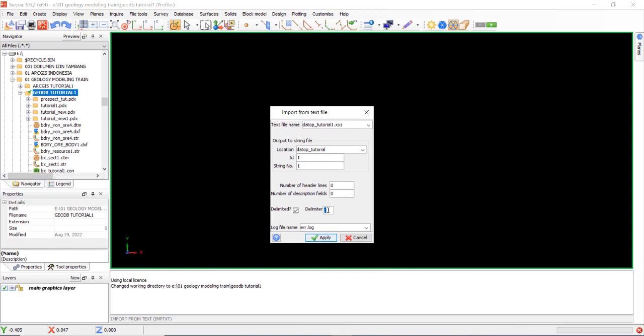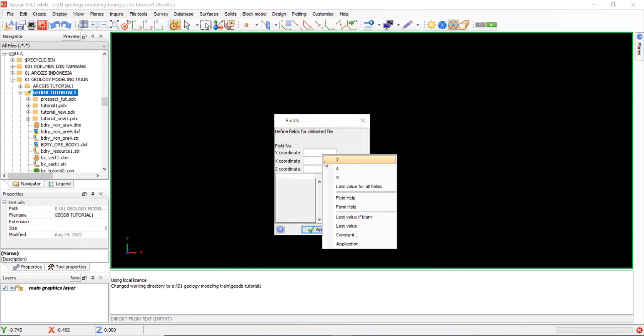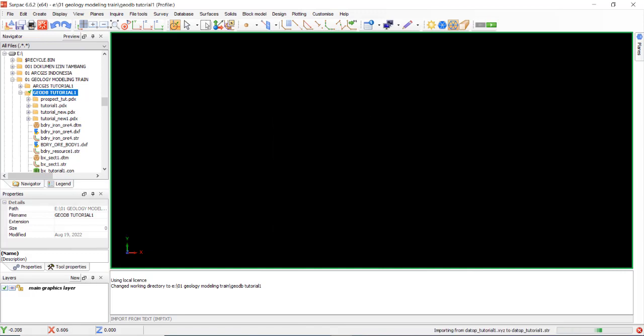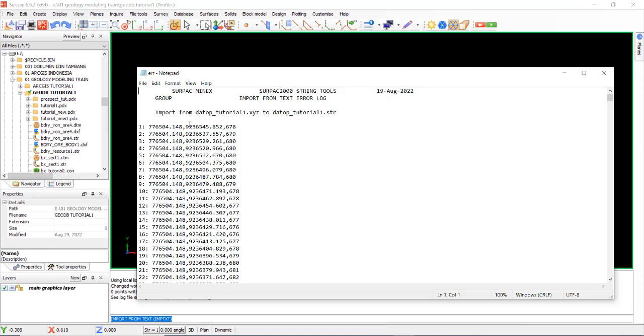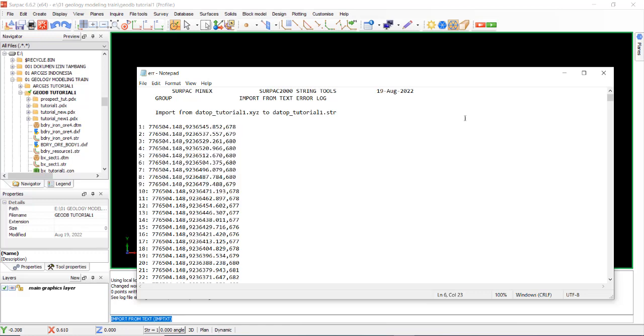Okay, we try point, comma. The first data in the table is x, but this must be y. So type 2, 1, and 3. Oh, sorry, wrong. If the display from Notepad is still here, this is not processed to desktop.